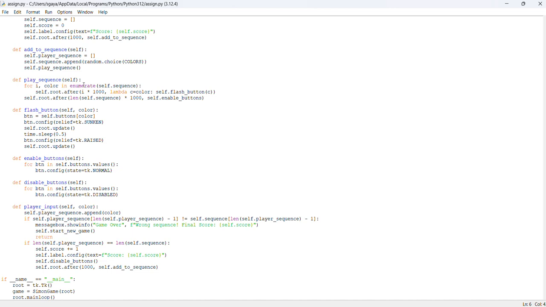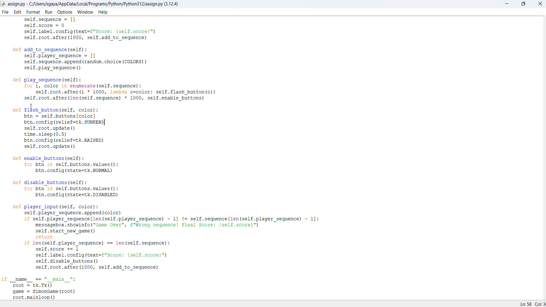our code has generated a sequence. Now the colors in the sequence are displayed. They are displayed with the help of flash buttons. That initialization is done with the help of this method, and here, once after the flash buttons are set, then the buttons are enabled for the gamer to play. And what happens